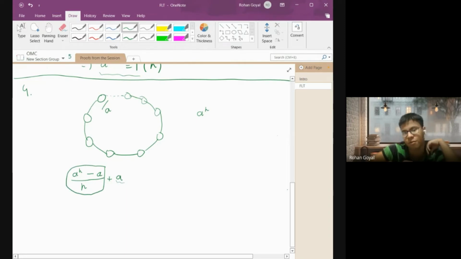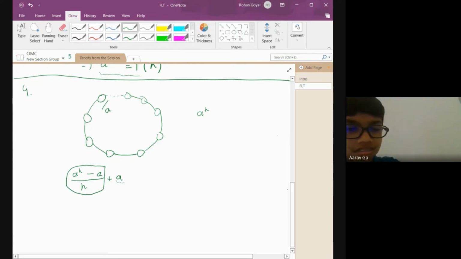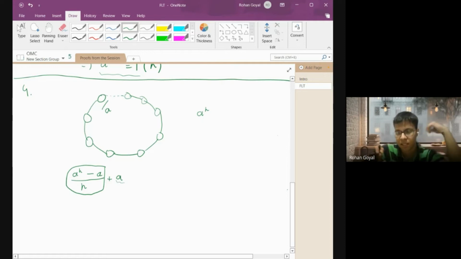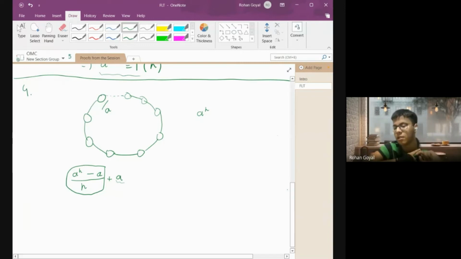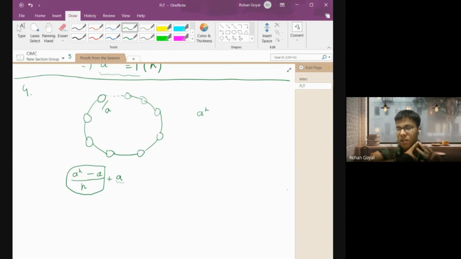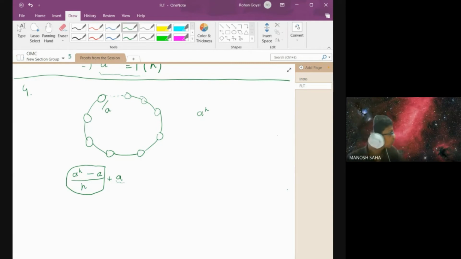Why are we subtracting a? Oh, I was trying to count how many necklaces there are. So I'm considering two cases: one in which rotating gives a new necklace, and the case where rotating does not change anything. Rotating does not change anything in a cases, and a to the p minus